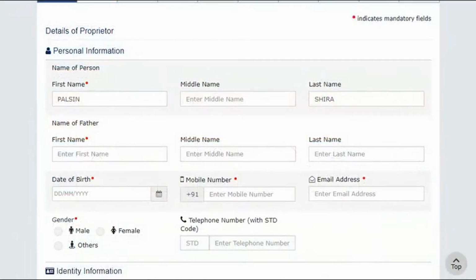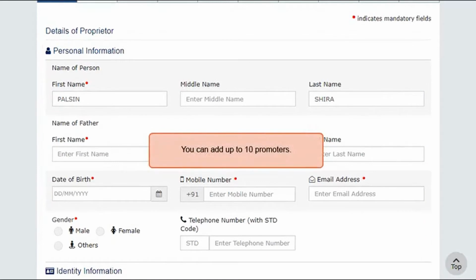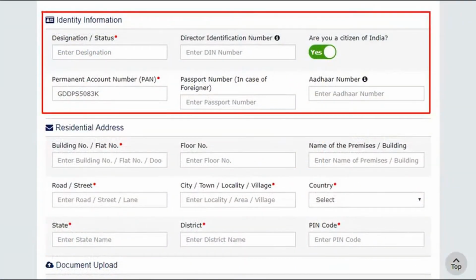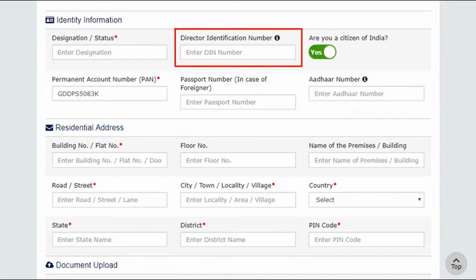In the Promoter or Partners section, enter the personal information, identity information, and the residential address of the partner or promoter. In case of director, enter the director identification number allotted by the Ministry of Corporate Affairs.